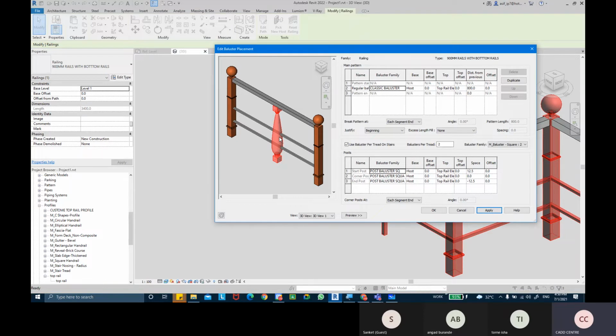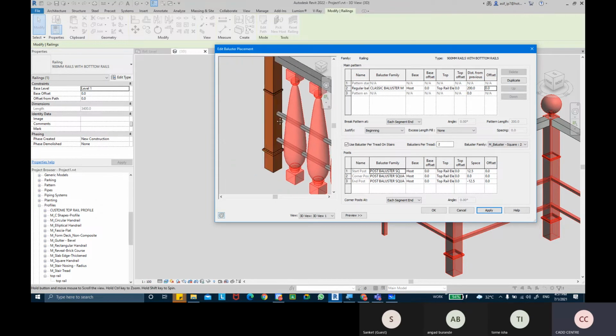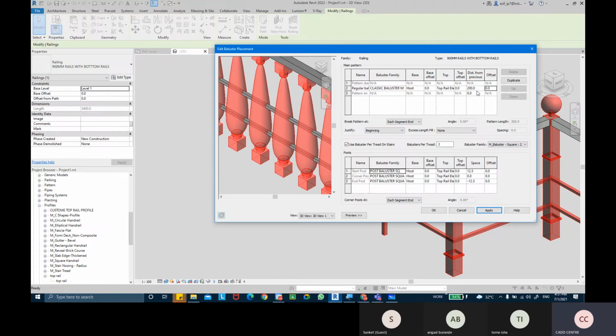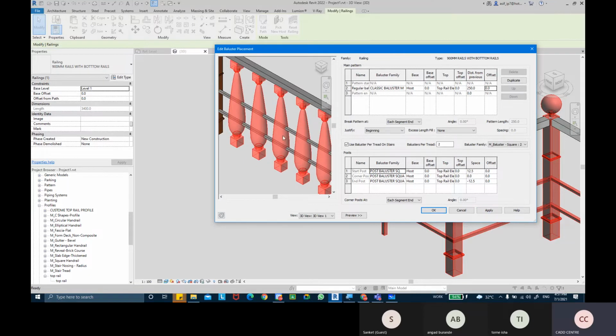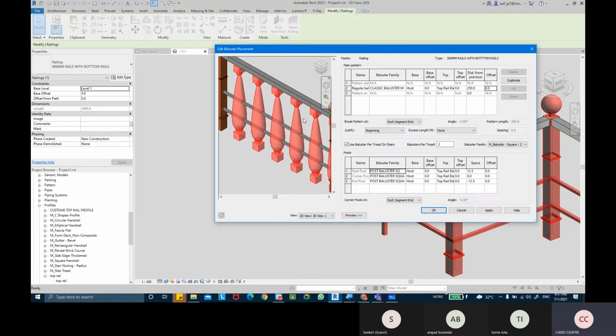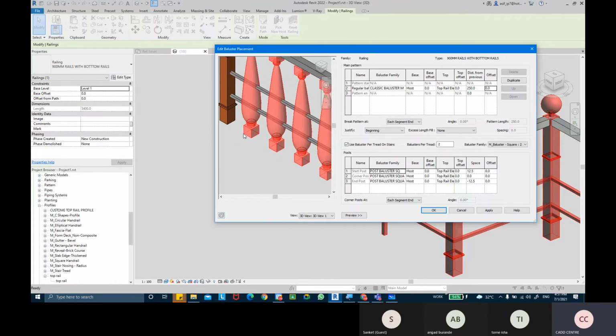About the distance between each baluster, you can adjust it from here. Maybe we want the balusters to come in after every 200 mm. So you can see we now have each baluster after every 200 mm. Maybe we want 250, we can take it as 250, and the distance from one baluster to the next would be 250.